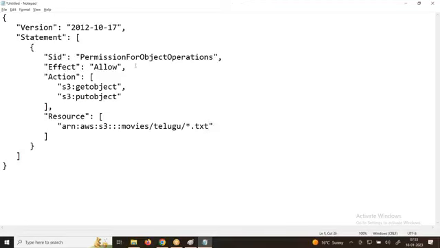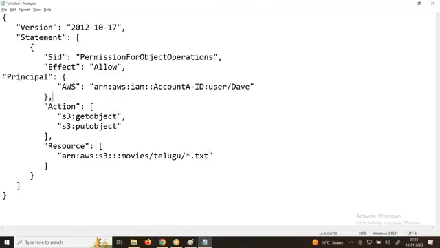So you can paste it here. That is called Principal. Principal is equal to, I can provide Dikshit. You provide the AWS account ARN, IAM, account ID, and his user. He is logging in as Dikshit.